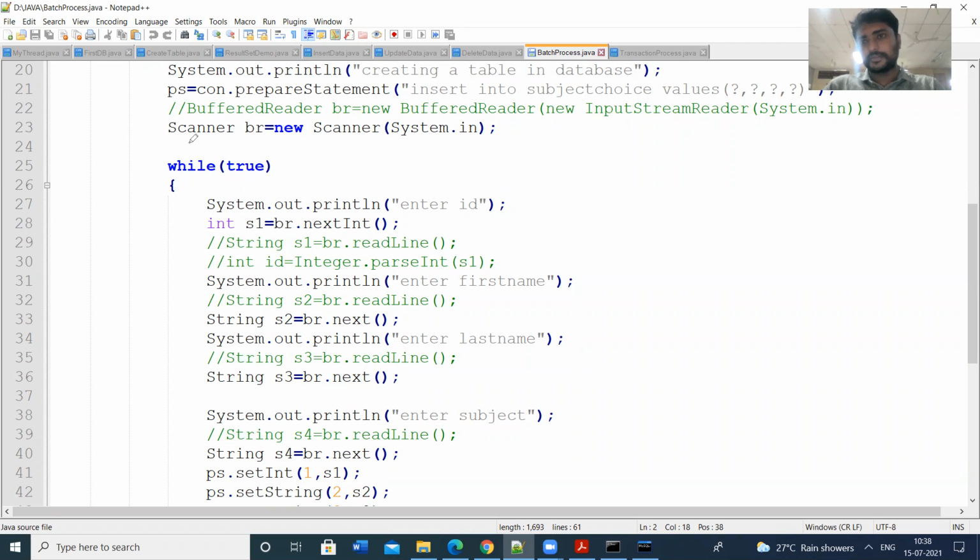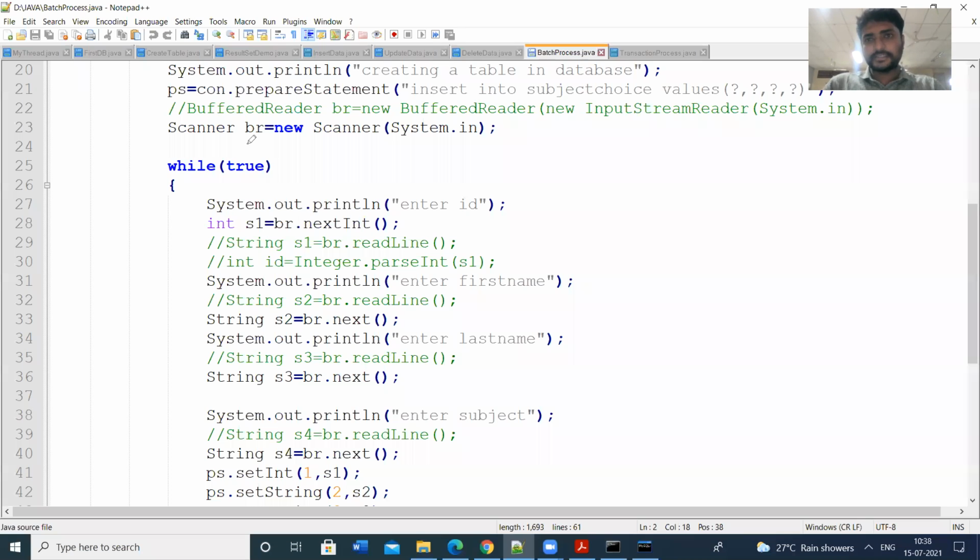For the starting stage, we can use Scanner. Afterwards, when writing programs effectively, we can use BufferedReader or InputStreamReader.